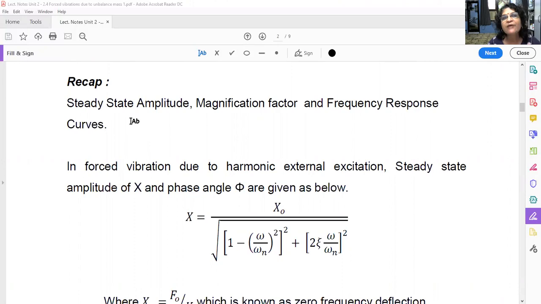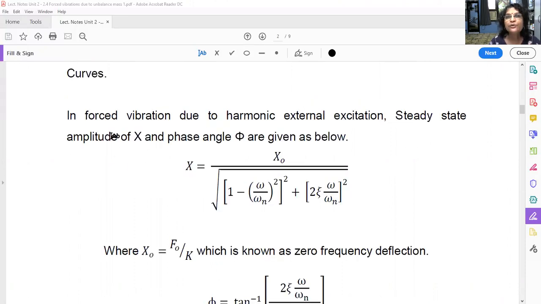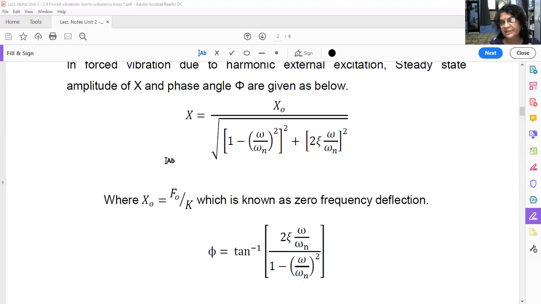In the earlier lecture, we have studied steady state amplitude, magnification factor, and frequency response curves. Two curves we have studied, the frequency response curve and the phase frequency curve. The steady state amplitude in force vibration due to harmonic external excitation is given by capital X equal to X0 upon square root of (1 minus (omega upon omega n) squared) whole squared, plus (2 zeta omega upon omega n) squared. So this is the steady state amplitude for the force vibration due to external excitation,